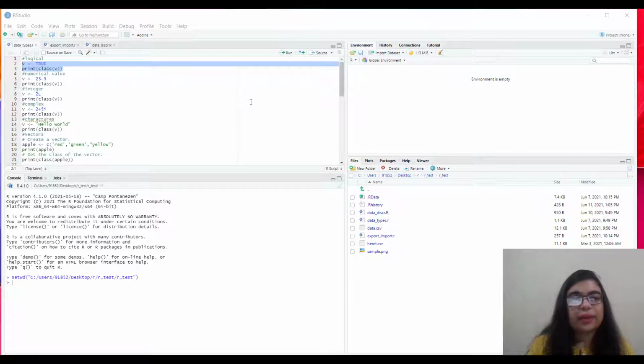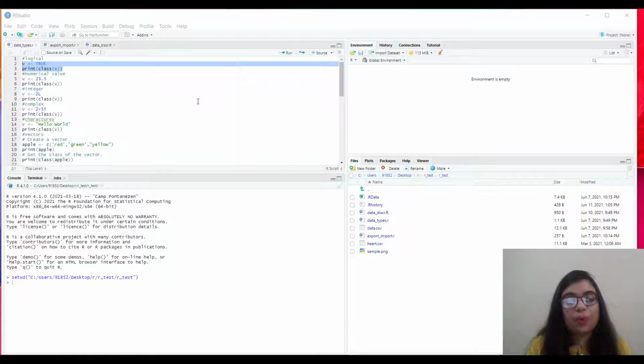So let us see the practical implementation of data types first. In contrast to other programming languages like C and Java, in R the variables are not declared as some data types. The variables are basically assigned with R objects, and the data type of the R object becomes the data type of the variable. So there are many types of R objects. The frequently used ones are vectors, list, matrices, array, factors, data frames.